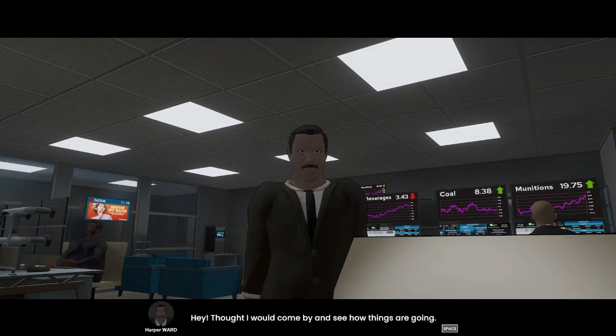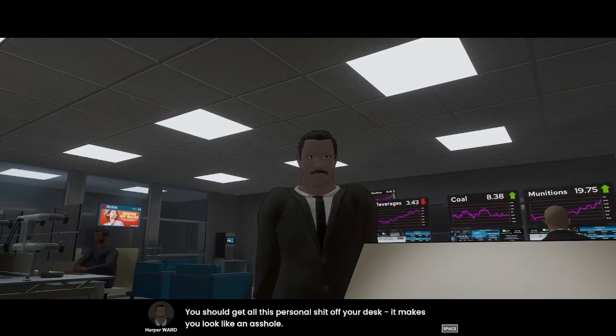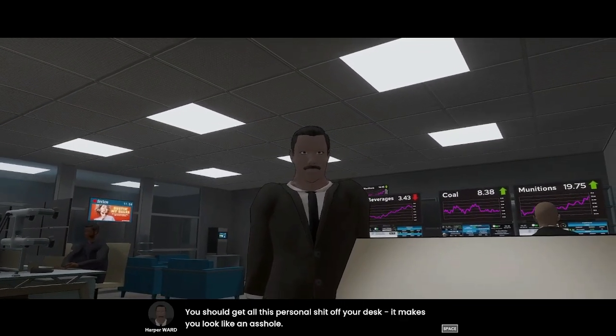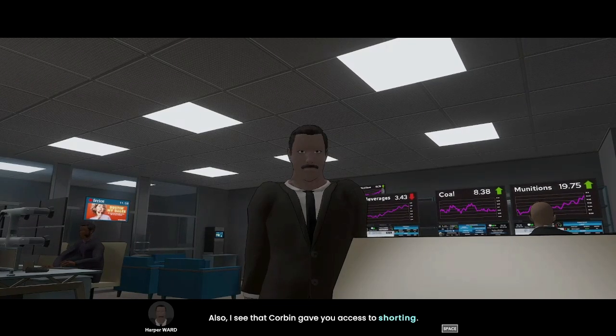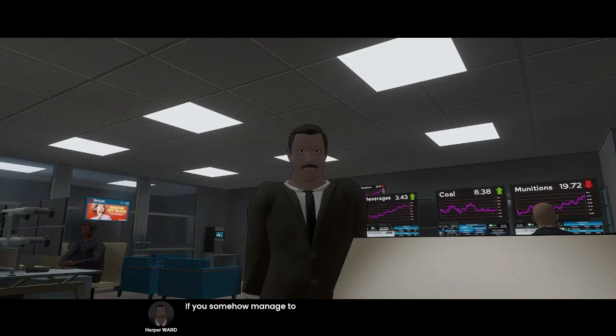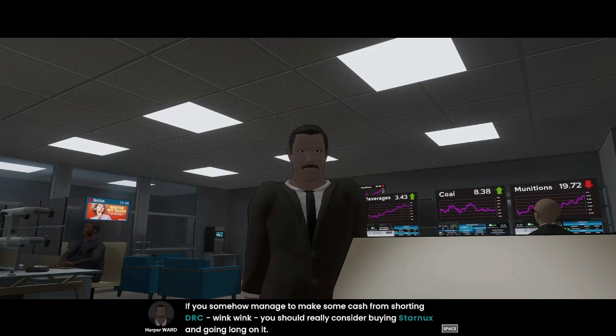Hey, thought I would come by and see how things are going. You should get all this personal shit off of your desk. It makes you look like an asshole. Also, I see that Corbin gave you access to shorting. If you somehow manage to make some cash from shorting DRC, wink wink, you should really consider buying